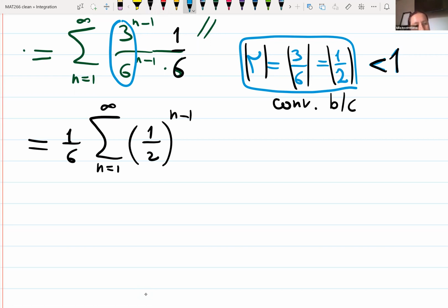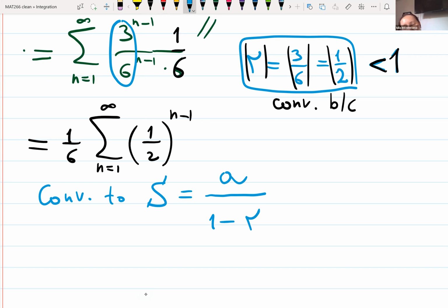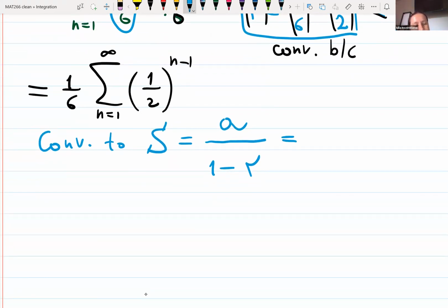Converges to the sum, and the sum has a formula. The first term over 1 minus ratio r, the common factor. What is the first term? You have to be careful here. The first term will be when n is 1,